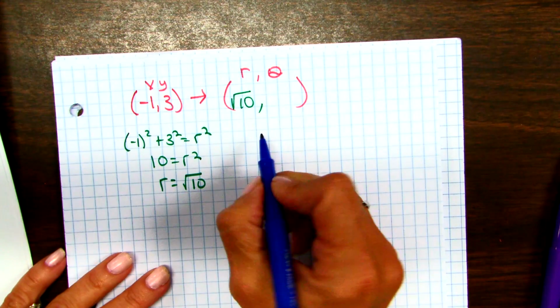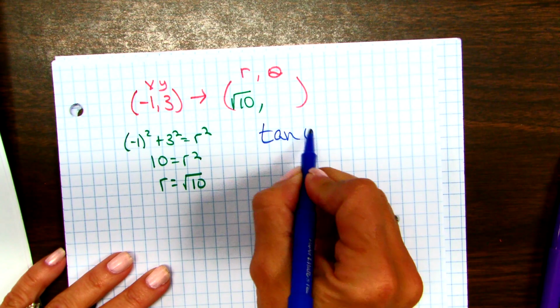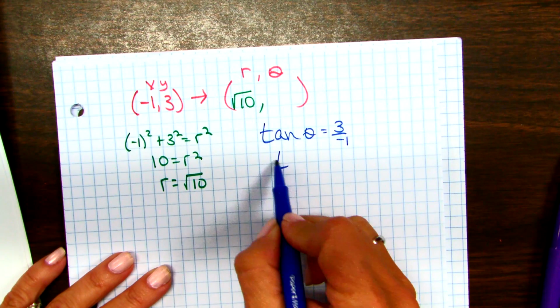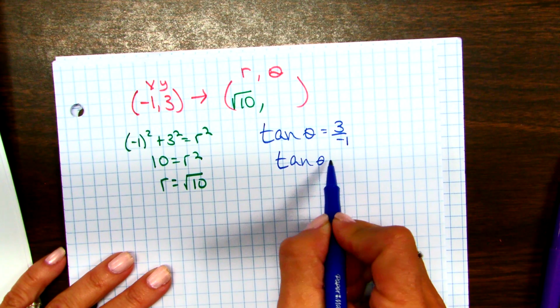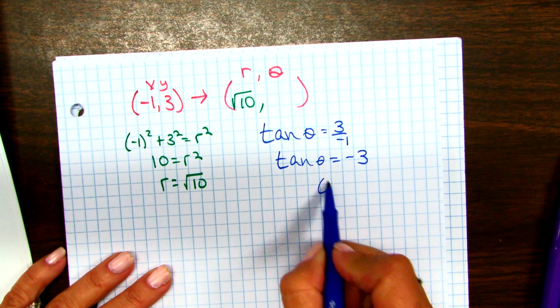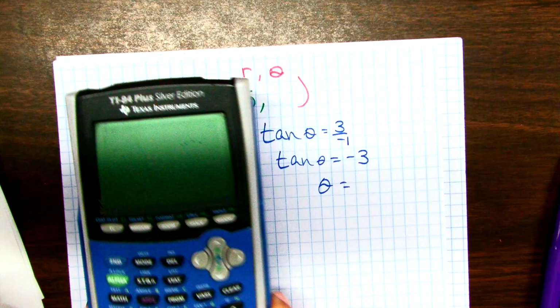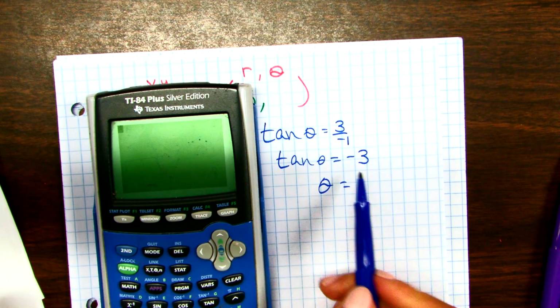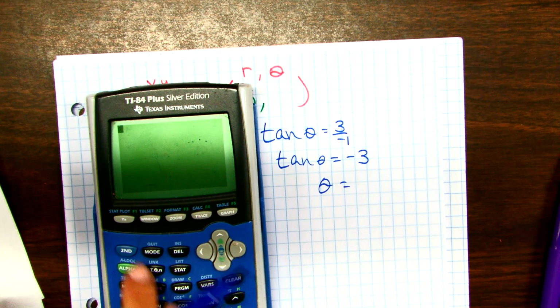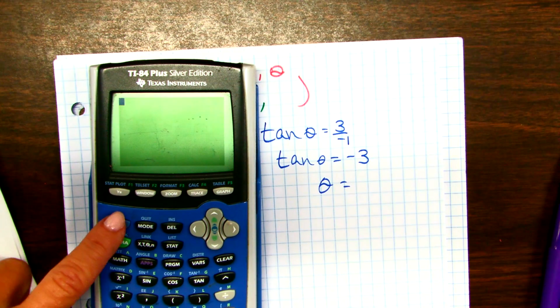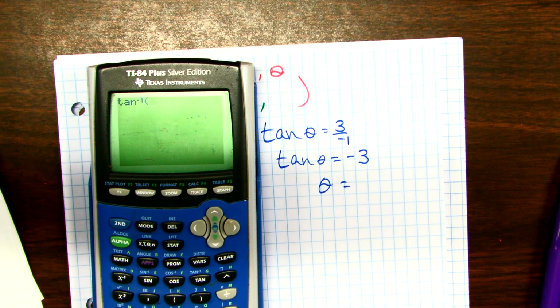And then the other formula is this: tan of theta equals y over x. You need to know those formulas. And we're trying to find theta here. This is the calculator portion. Good thing, because this is not one of the ones we know by heart. Whenever we're trying to find an angle, remember you use the inverse button. So it's second tan of -3, and we get